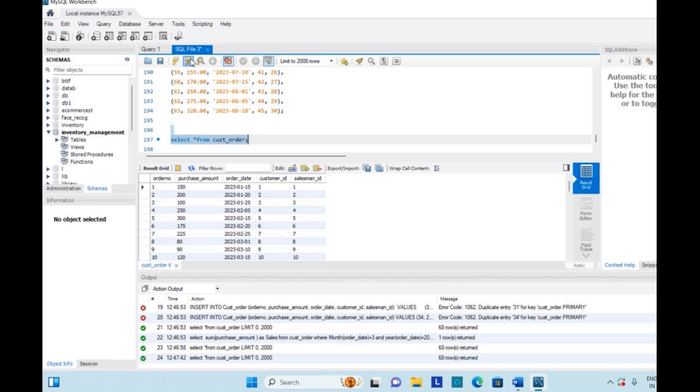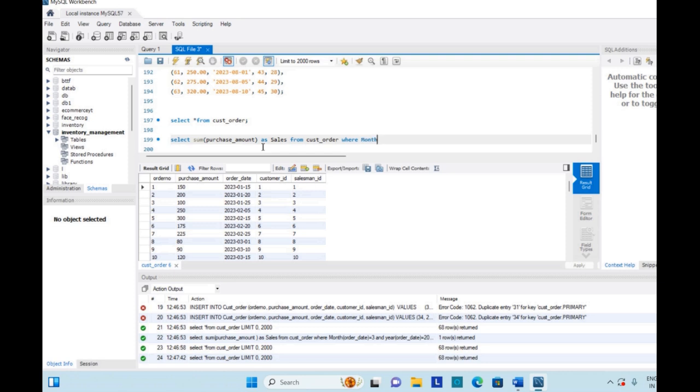So in order to find out the sum of the sales made in the month of April, I will write a simple query: select sum of purchase amount as sales from customer order, where I want to find out the sales made in the month of April.